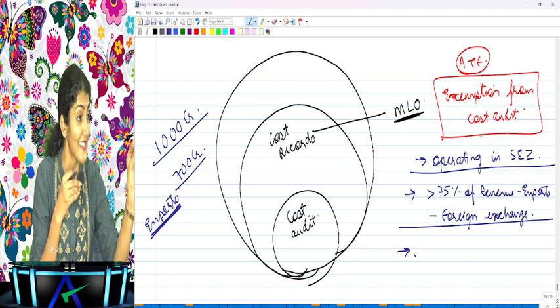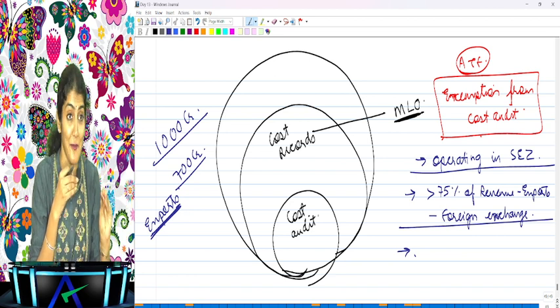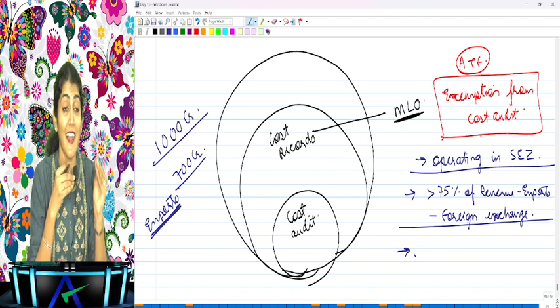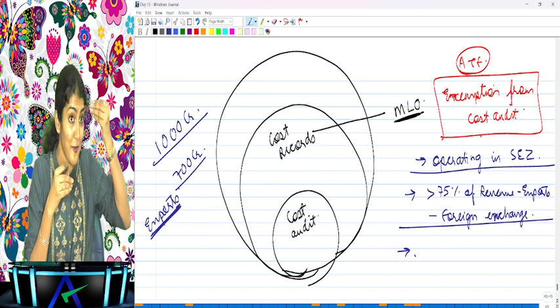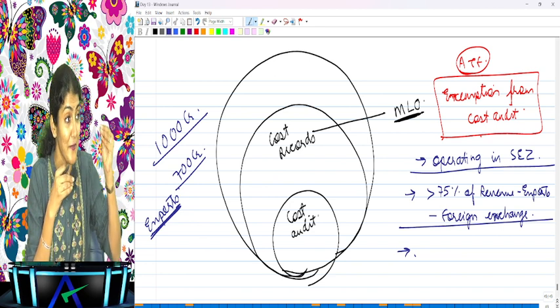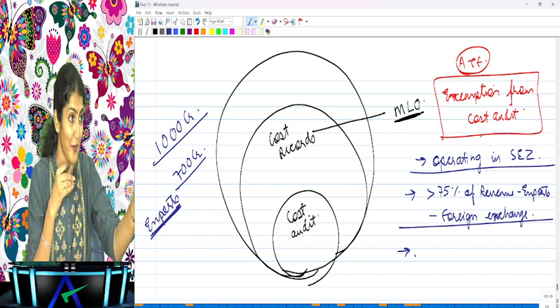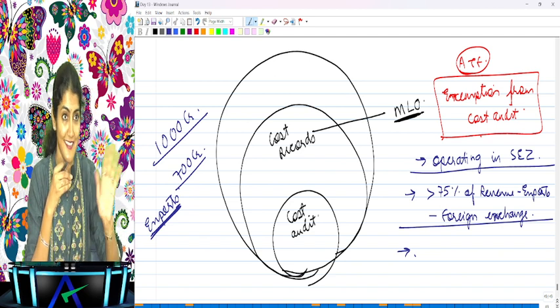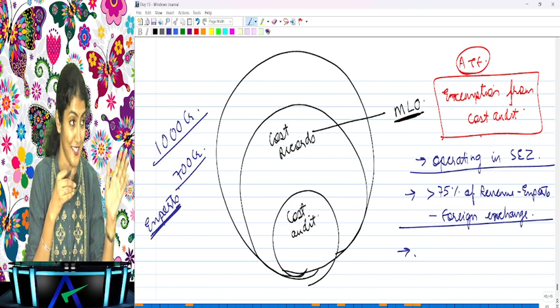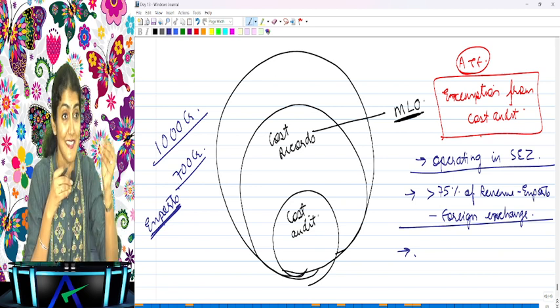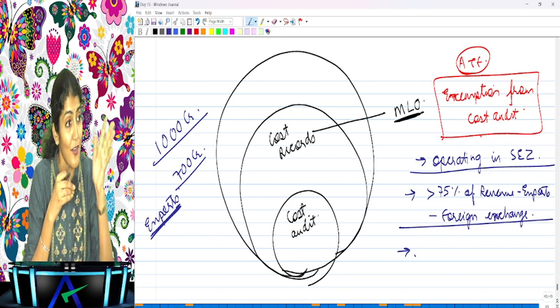1000 crore, 700 crore revenue is coming from exports. Thank God I didn't ask whether the company is required to include cost records. I was thinking, my mind was preparing that question, but I thought they will get confused. Listening to your answers since morning, I said no, I can't ask that question. So I thought, okay, let me directly ask them, does the company need to get a cost audit done?